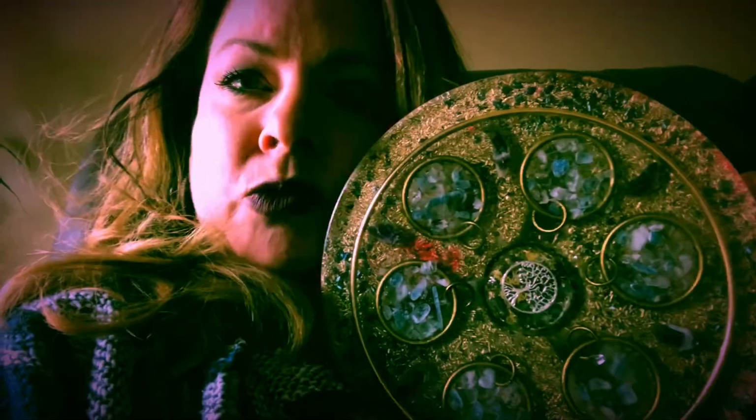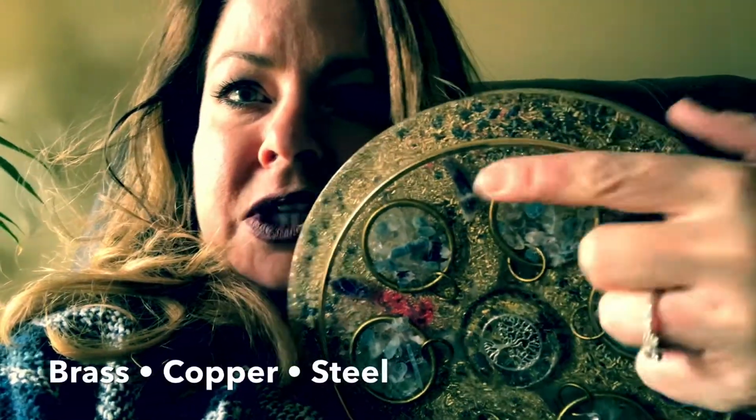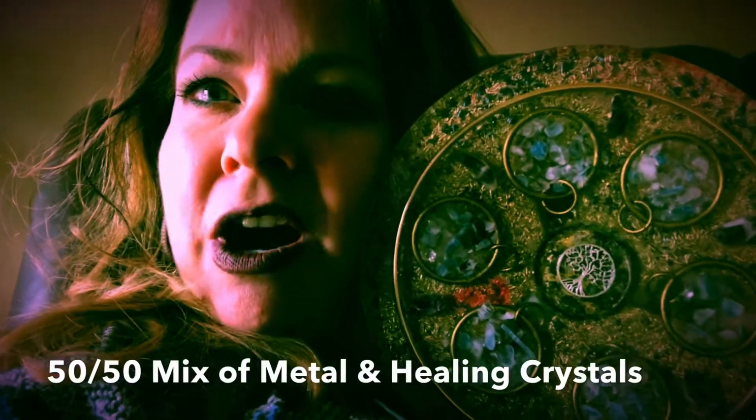Orgone devices are made with metal. So for example, you'll see brass here, and then you'll see brass shavings, and you'll see steel and copper in my Orgone devices. I used to use aluminum, but I find that the energy coming off aluminum for some reason is weaker and not so good. I just don't feel it. I feel it better with the copper and brass and just real heavy steel. Basically it's a 50-50 mixture of your metal,